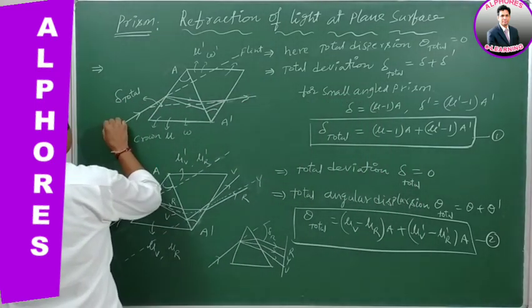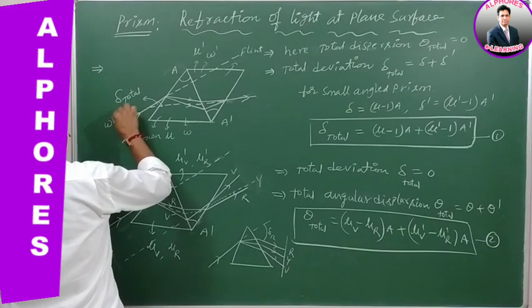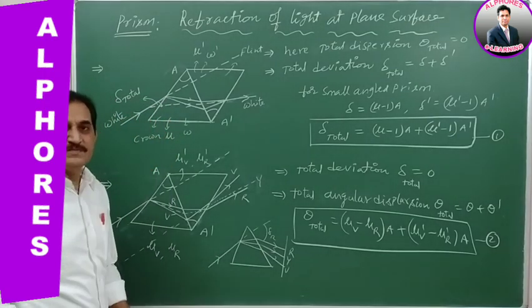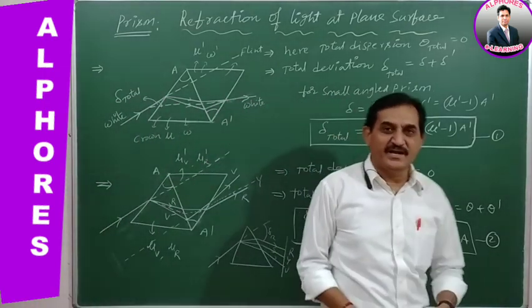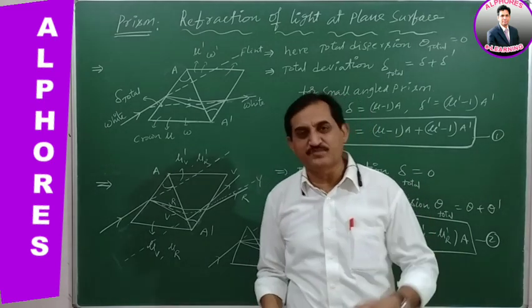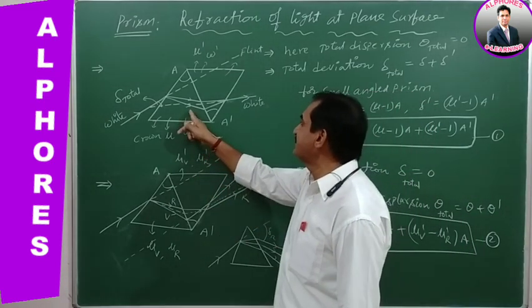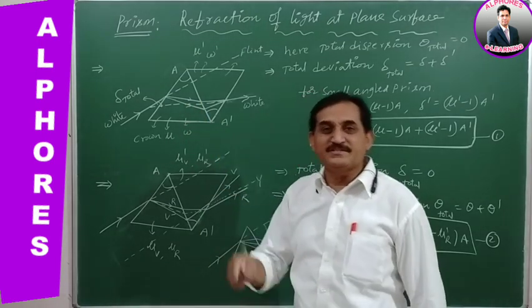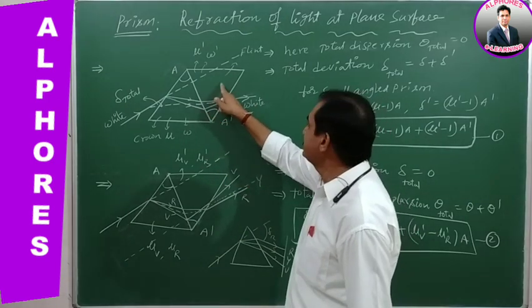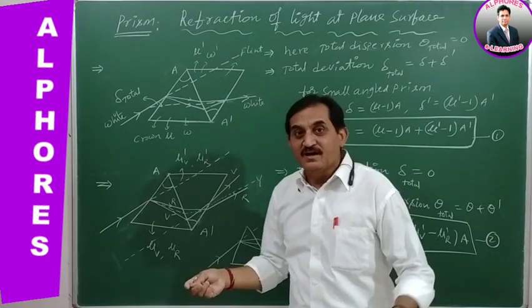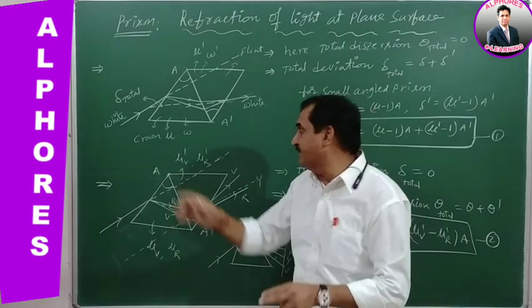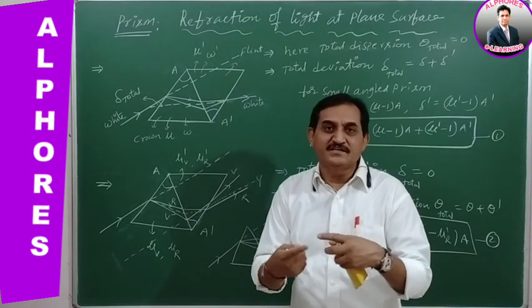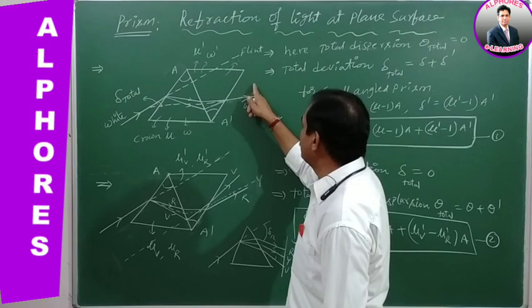Here white light is incident, and finally it is giving white light. So there is no separation of 7 colors from this white light, meaning there is no dispersion of light. Here the first prism is giving dispersion into 7 colors and also deviation, and another prism, which is connected with it in reverse sense, is again combining all these colors which were separated by the first prism and giving its original light, that is white light, and it is giving one more deviation.